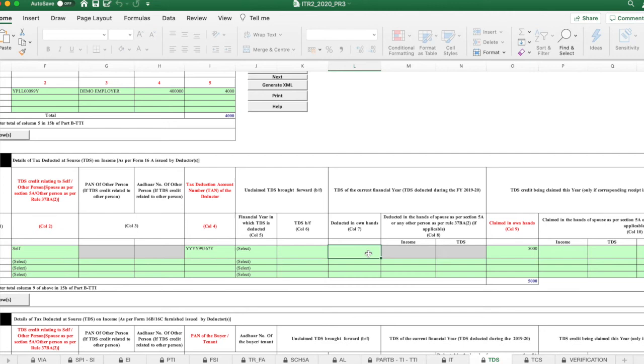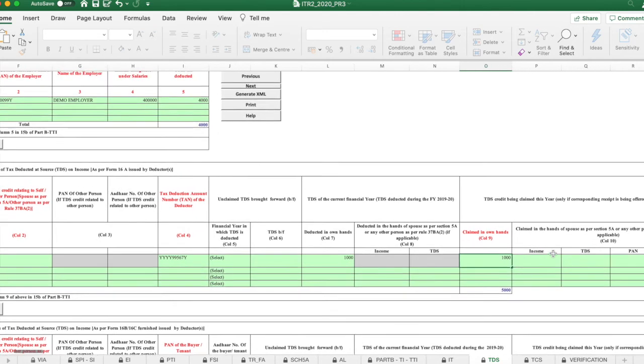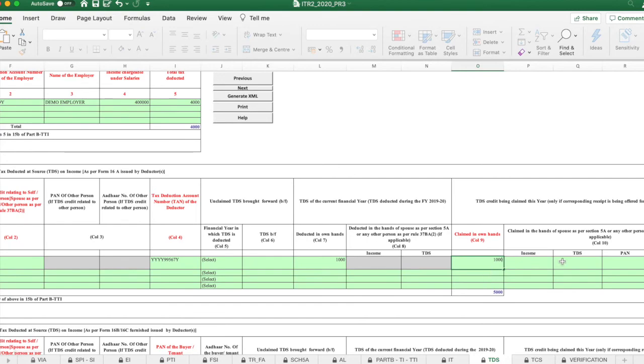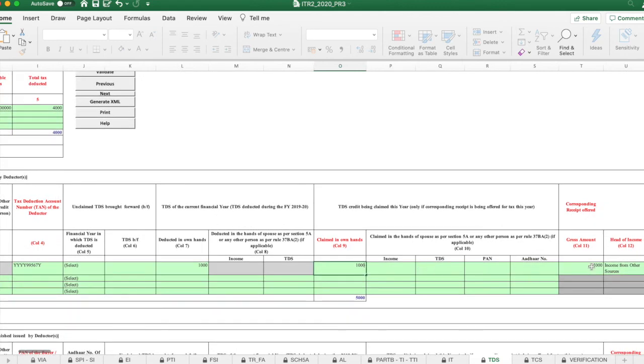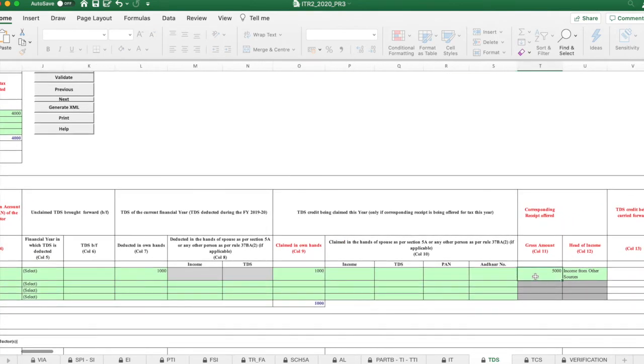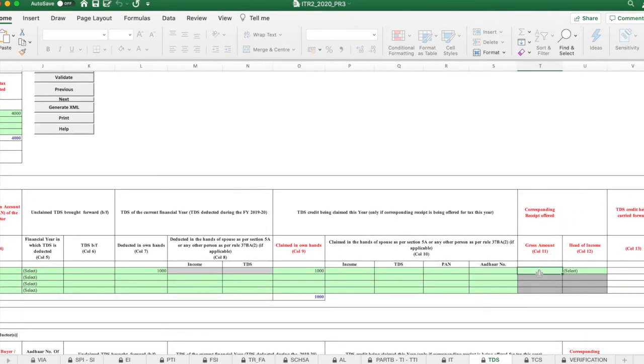For example, 1,000 rupees has been deducted, so the same amount you have to mention here, 1,000, claimed in own hands, that is, it is taken from your account, so that you have to fill. Then the next is, here you have to mention the total tax deducted.